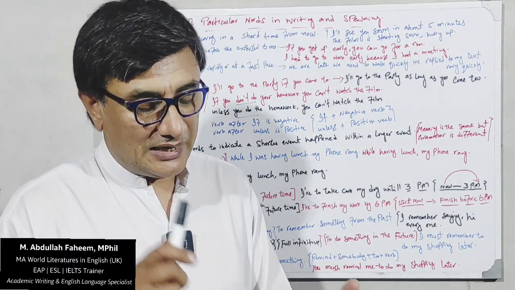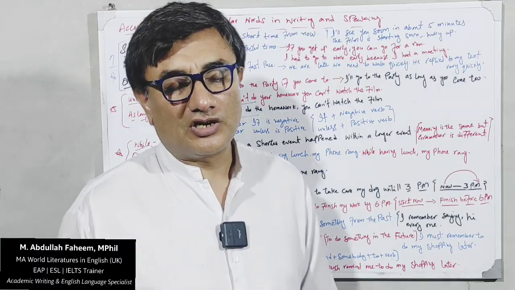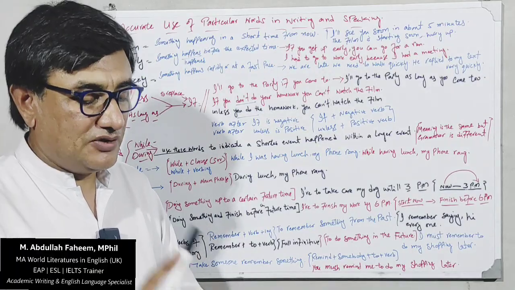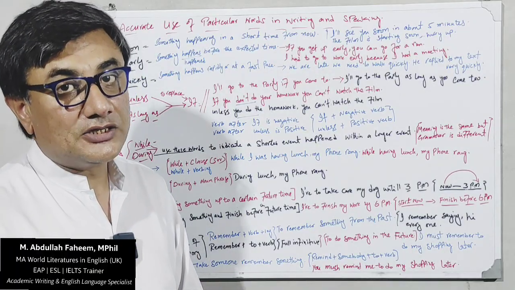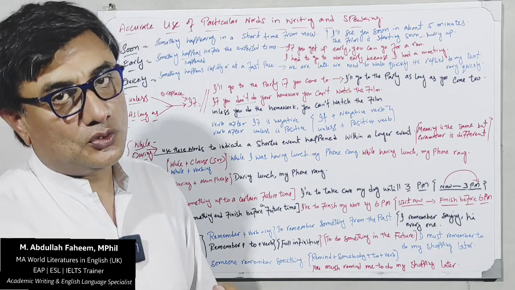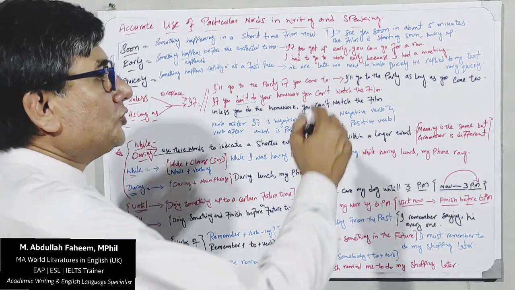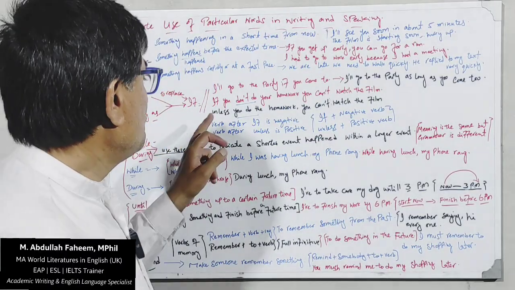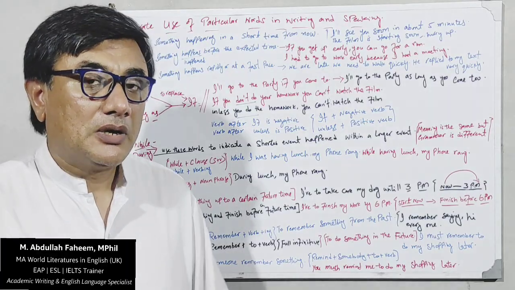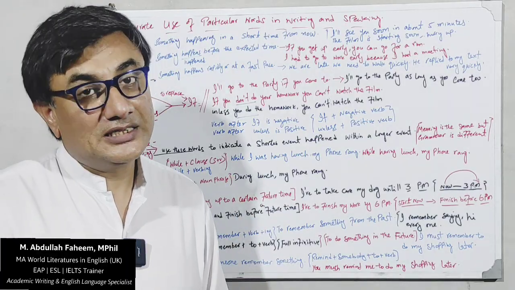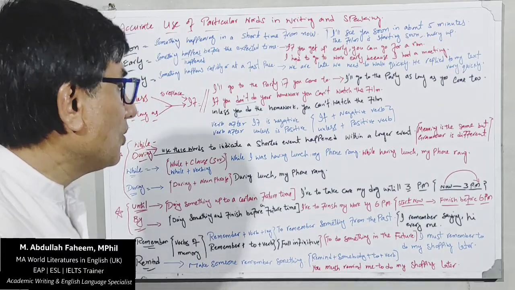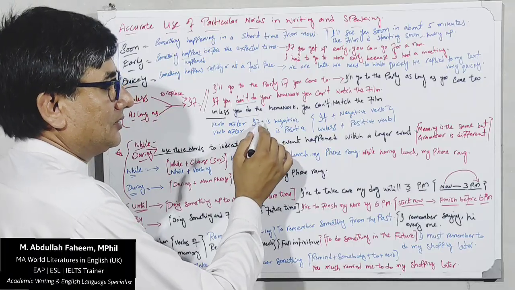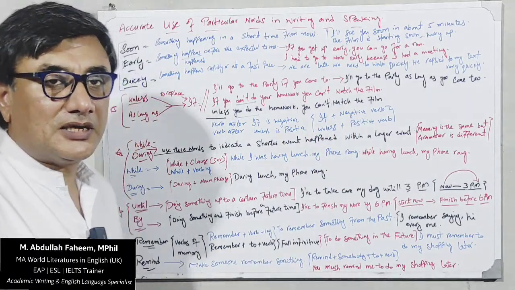So what's the difference between as long as, unless, and if? Let's try to understand. They all are conditional. If is also conditional. As long as is positive and it's conditional. Unless is also conditional. So what's the difference? When you use as long as, it means positivity. When you use unless, it's also positive, but unless in itself, its meaning is negative. So it's a conditional. How? For example, you use unless, but you didn't use not here. You use not afterwards.